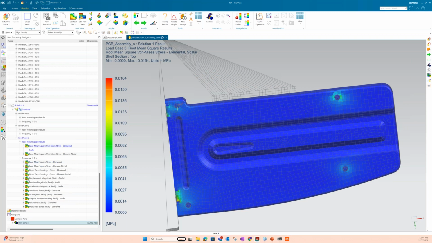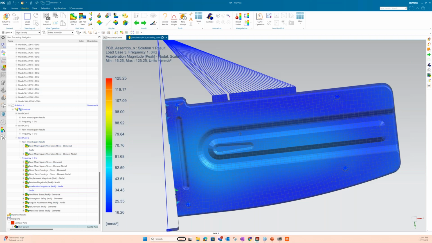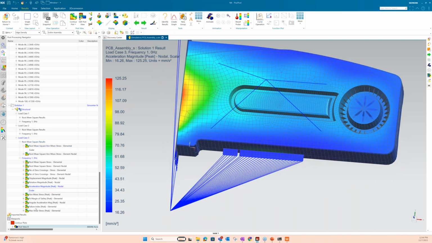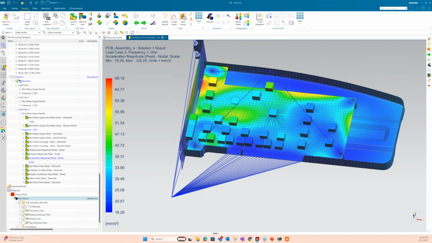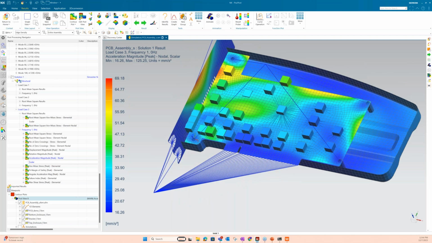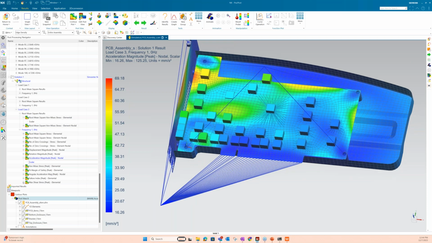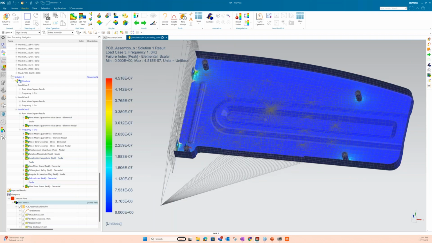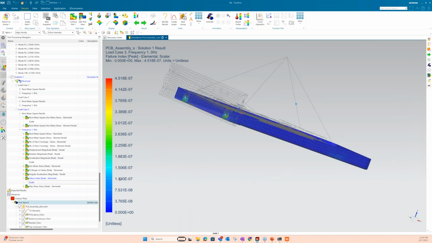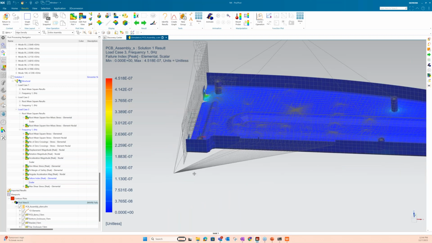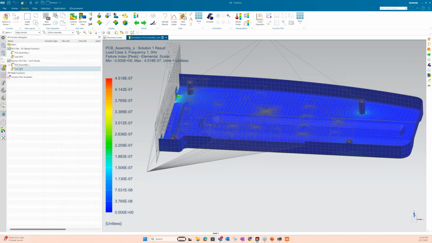And then if we look here, you can see displacements, you can see peak acceleration for the entire thing. We could look at just the board if we wanted to and see how the board is looking in there. Again, these are your rigid, lumped masses that represent the components on the board. They're connected to it. So you can go through here and just look at all your stress results. Basically, there's the failure indices that I requested as well. Now, one thing as well, you can plot in here. You can plot all those PSDs.